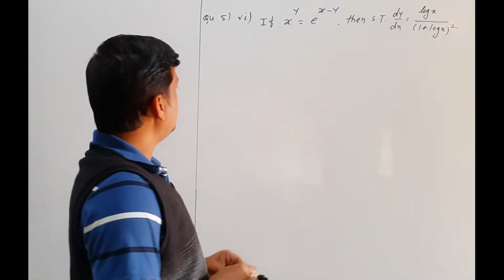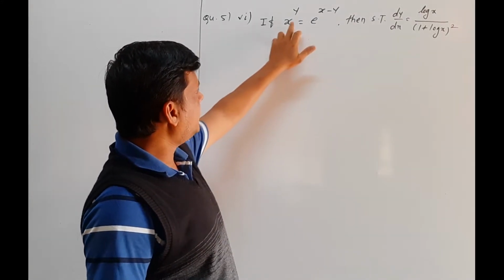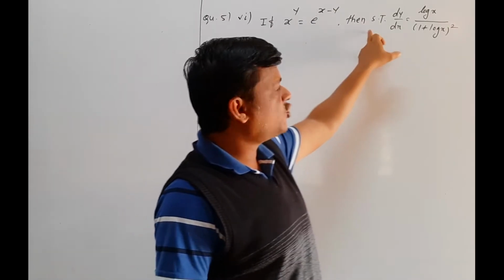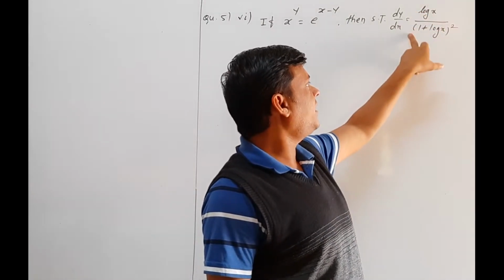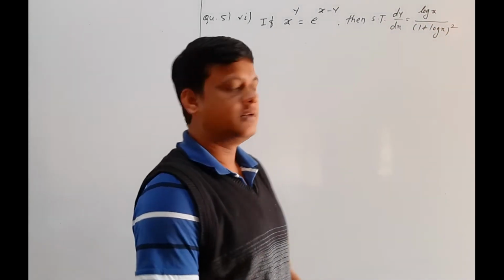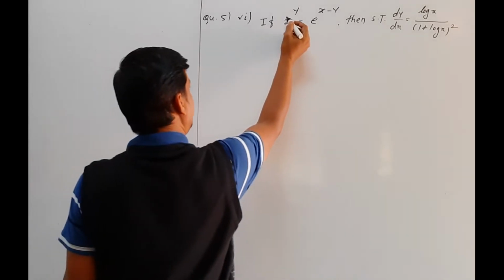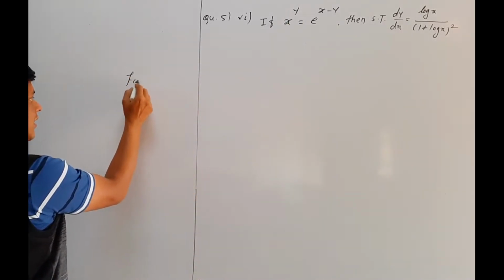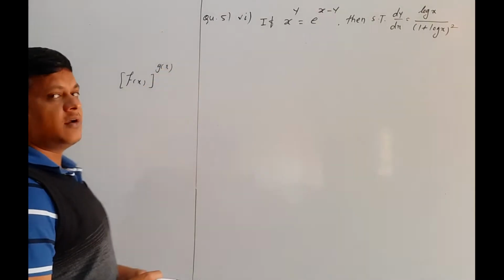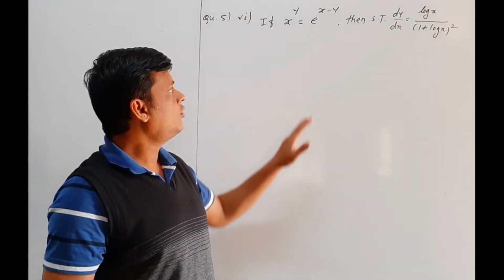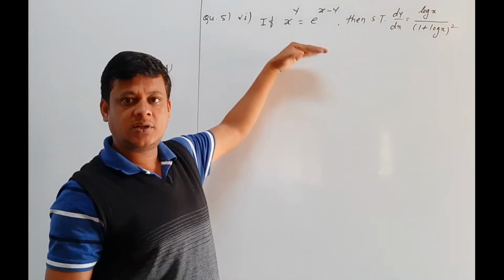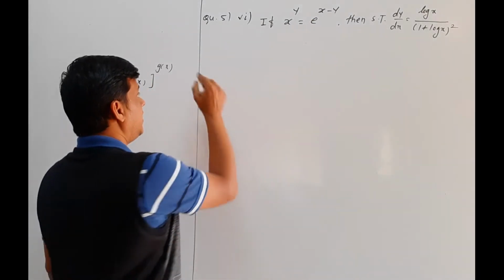Now see next sub question. If x raised to the power y is equal to e raised to the power x minus y, then show that dy by dx is equal to log x upon (1 plus log x) whole square. Here if we observe the left hand side, this is of the form f of x raised to the power g of x. That means by taking log we have to simplify this first, then we have to differentiate. So write in solution